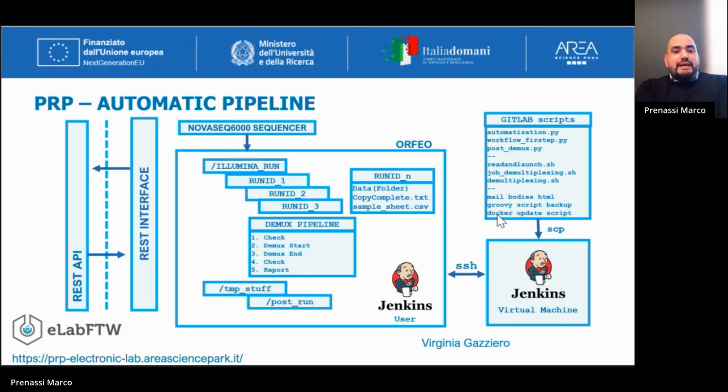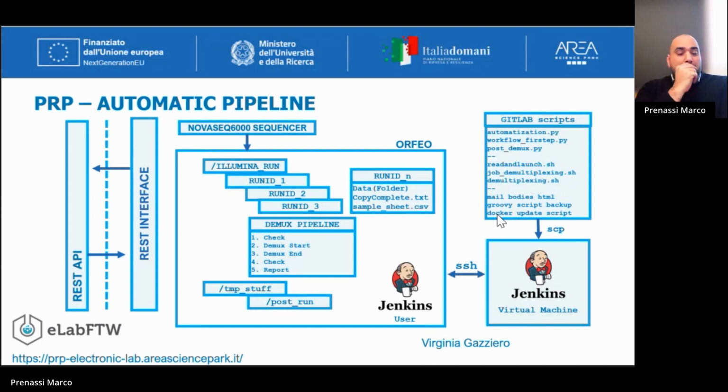We take the NovaSeq 6000 sequencer, we take the data from it, we put it in our system, in Illumina Run in this case. We read it. And we